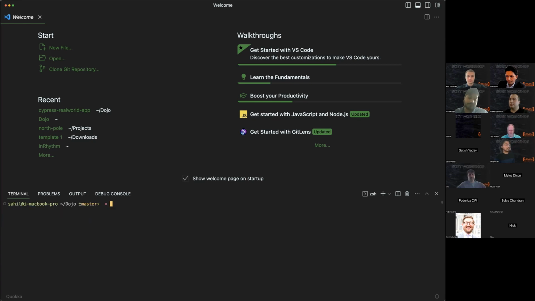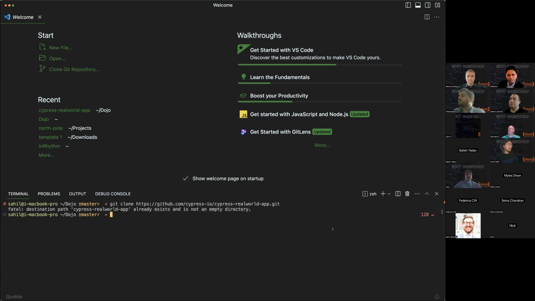Okay, so the first thing you want to do is clone the repository for the application that Vidal shared earlier. To do that, you want to do git clone and paste the code for the repository. This will make a copy of the application on your local. As you can see, I already did that earlier, just a few seconds ago. That's why it's giving me an error that a duplicate folder with the same name exists. So let's pretend that I did that and it was successfully done.